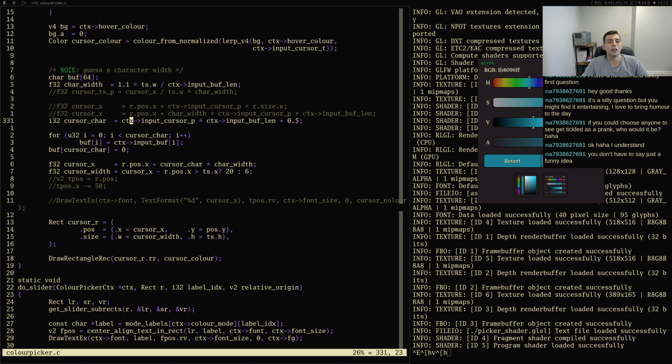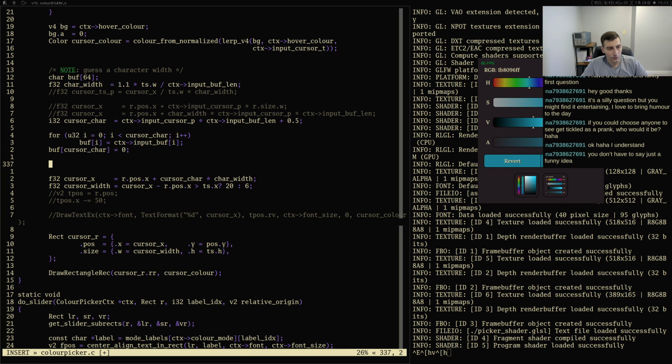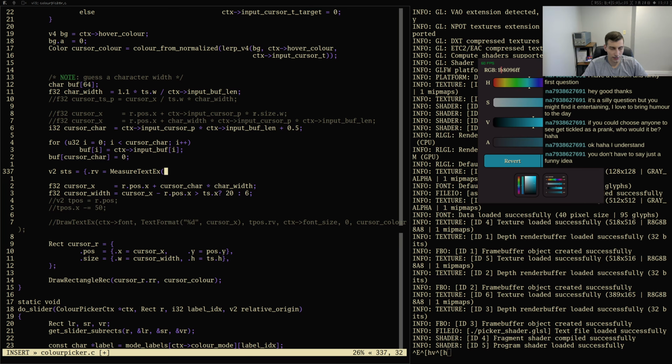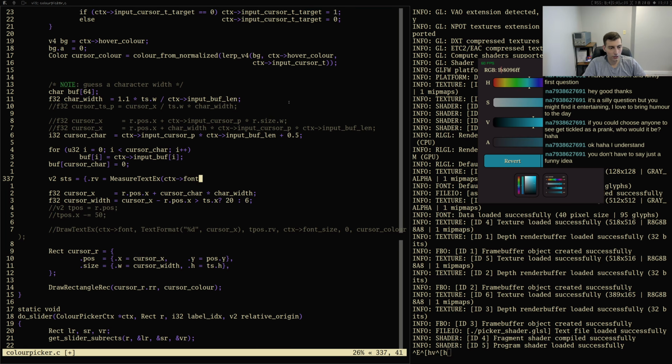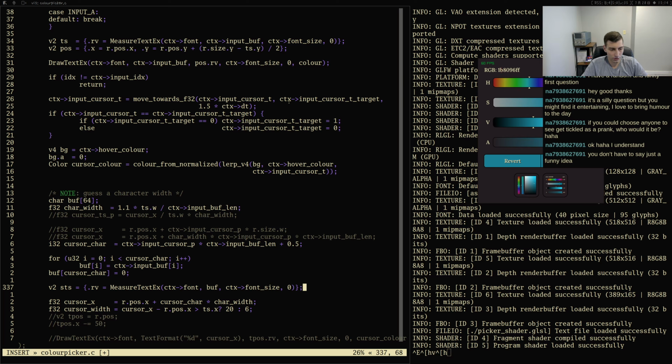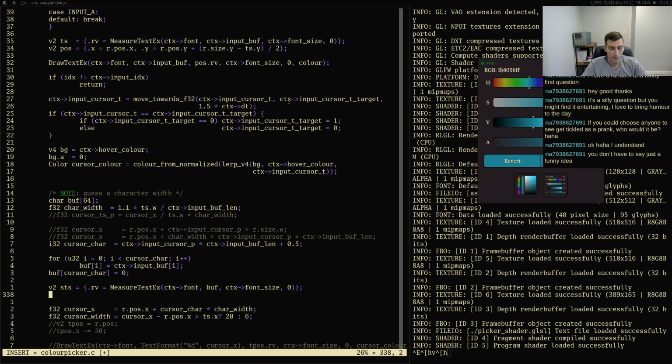Okay, and then we're going to say v2 subtext size is going to be equal to MeasureTextEx, context to font, context to buff, context to font size, 0, and then we're going to say